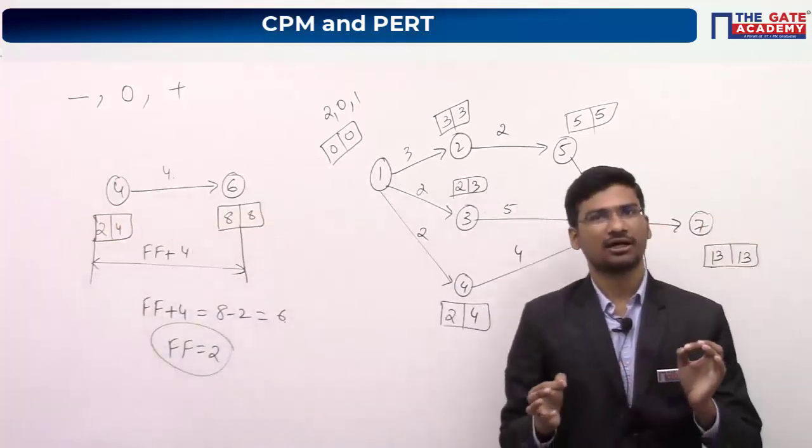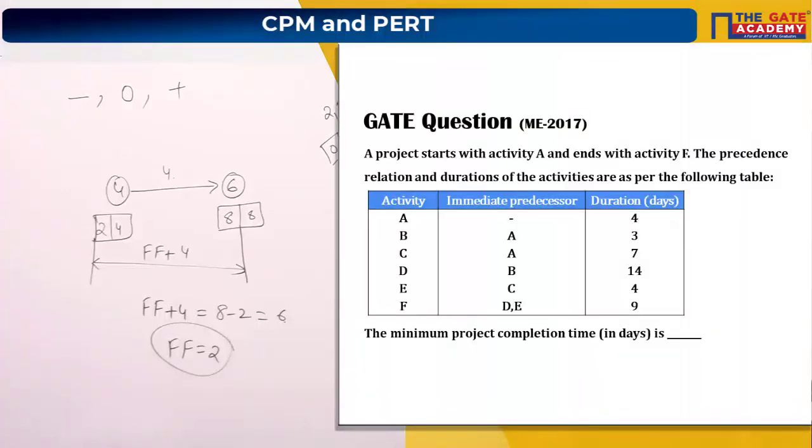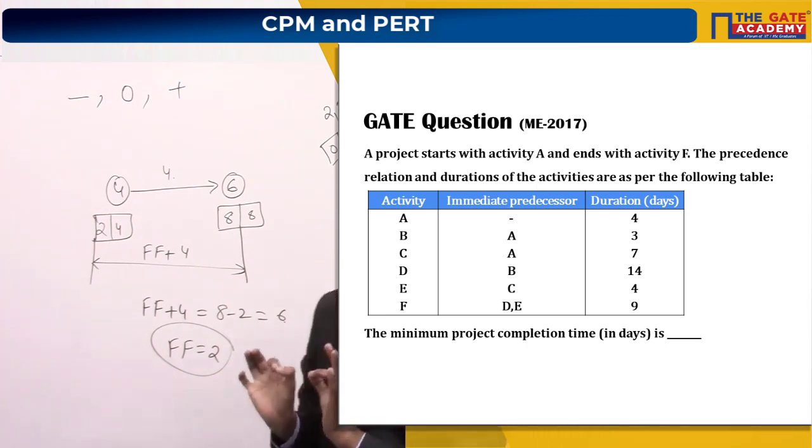So please listen, look at the secondary screen and just try to draw the network diagram for this particular question. After that I will move to the next slide. So what is your work now? Just go through this question and just draw the network diagram. Then I will go to the next slide. Then you will come to know what you have to find. Okay. So please do this part. Just construct the network diagram.